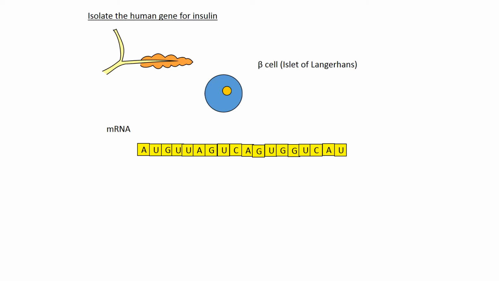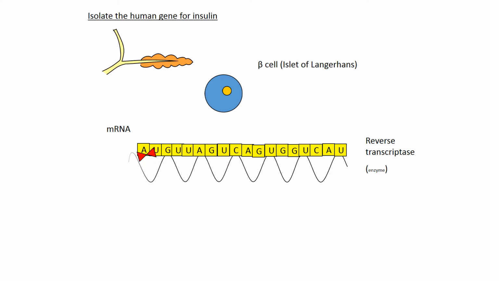So most of the messenger RNA inside these cells is going to be the information to make the human insulin. Once the messenger RNA has been obtained, we need to convert that into DNA, and that can be done using an enzyme called reverse transcriptase. So this is transcription in reverse. Now I'll show you a little bit more about that in a minute. So the reverse transcriptase will insert complementary DNA nucleotides, but this is going to be single-stranded, so we need to make this double-stranded,